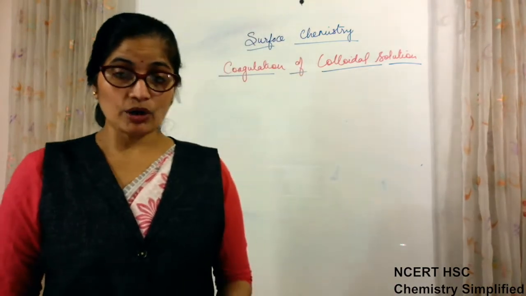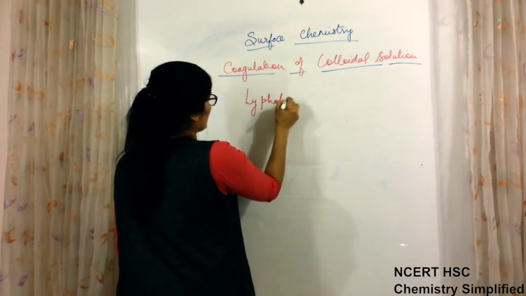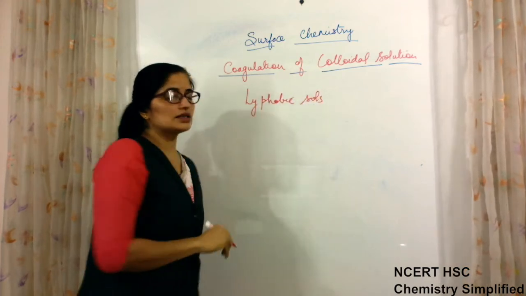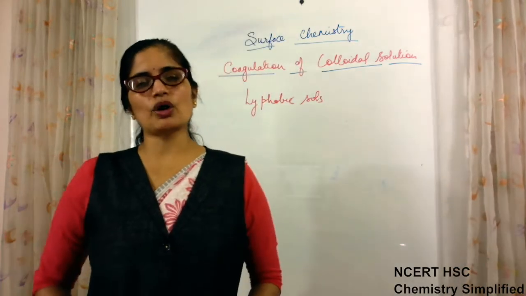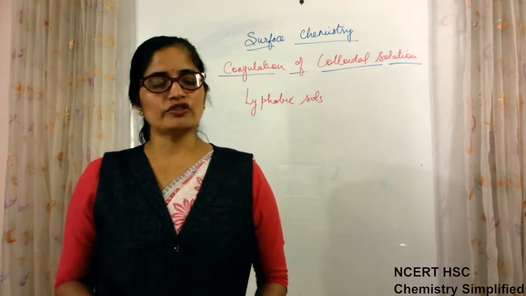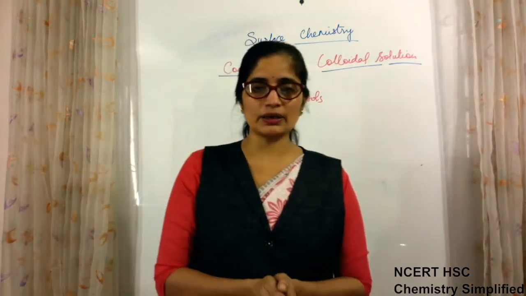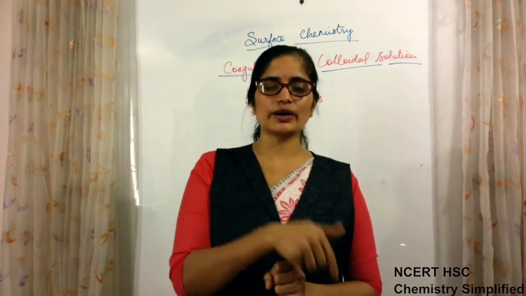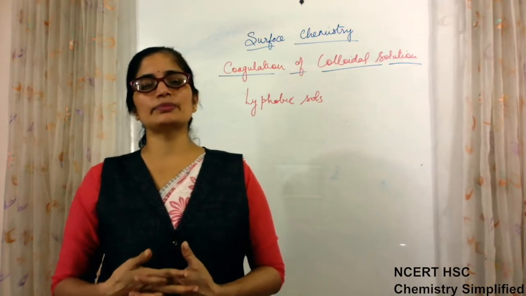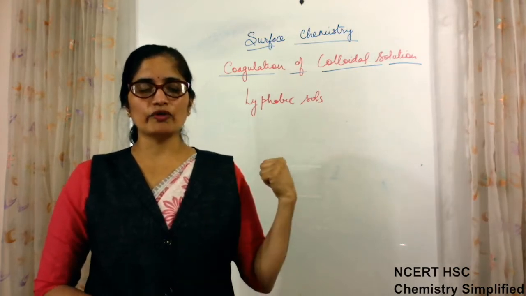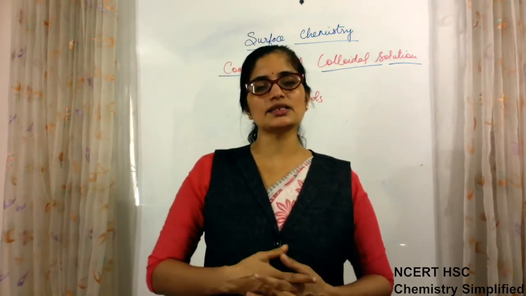Now, lyophobic sols are highly unstable. Their coagulation can take place just by adding a little amount of electrolyte. So we have to provide them stability. Opposite to lyophilic, which are highly stable. If you want to coagulate them, then we have to add a solvent which loosens their bond, and only then will the electrolyte be effective. In case of lyophobic, they are already so unstable that just a small amount of electrolyte can disturb them.